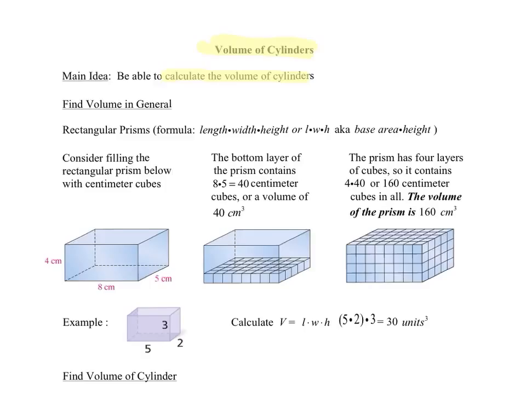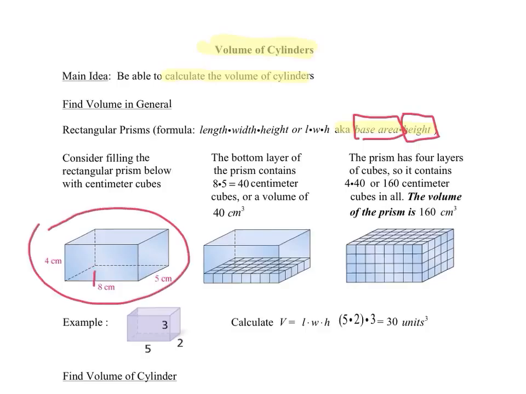The formula for many of the basic geometric shapes is base area, which is right here, times the height, which is right here. So the first step in finding the volume is to find the base area. And that is the same for a prism or a cylinder. So if we begin with an empty box, we note that the base has a formula for the area. It would be length times width, which would be 8 times 5, giving us along the bottom here 40